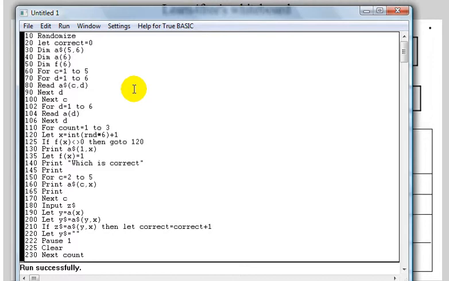So in other words, $2, and then 3, then 4, then 5, and all it's done is print those out. As you can see here, for C equals 2 to 5, not 1 to 5, because 1 in the array $ is the question. We don't want the question printed out, so the answers only occur in $2 to 5. So I'm just printing them out here, but in this section here, 150 through to 170,